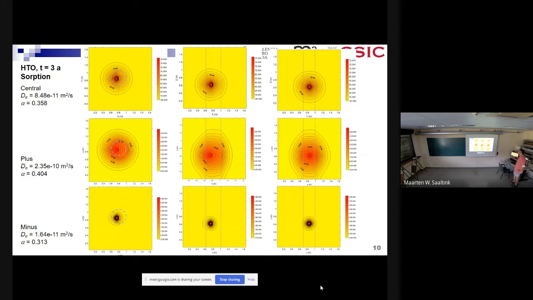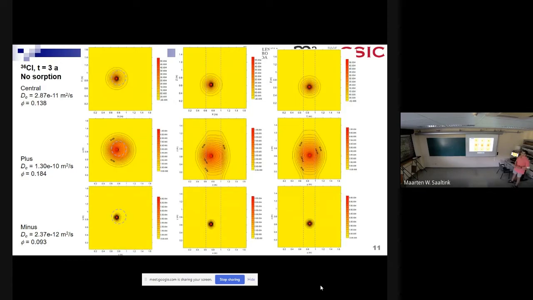If I include sorption, which can be 10 to the minus 4 millimeter per kilogram, then of course that tracer plume is a bit smaller. It still calculates central, maximum, and minimum, but it's smaller. Chloride has smaller diffusion coefficients to begin with due to ion exclusion issues. So even without sorption,